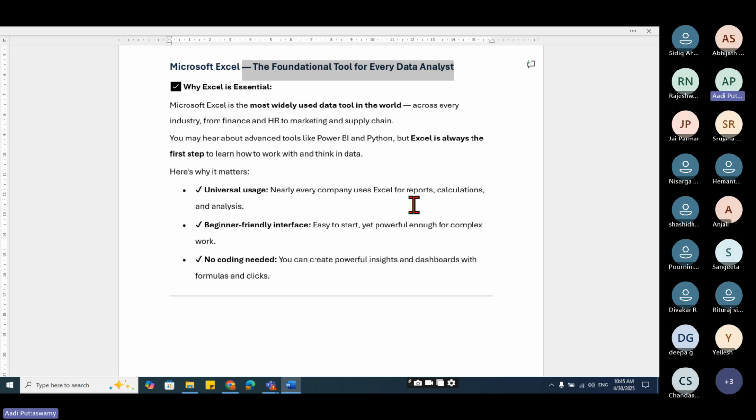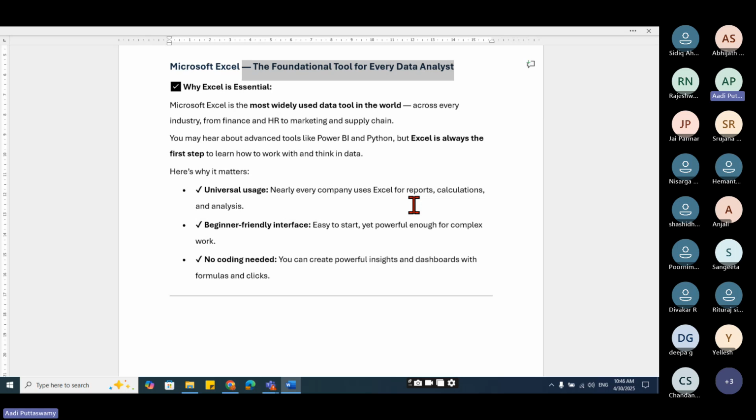So many softwares came, so many softwares went. They're not there in the market anymore, but Excel exists. I can say it exists forever. So every analyst who comes to my institute, and every corporate wherever I go, the first thing I always tell them is, please master Excel. I'm not telling you to just learn Excel, I'm telling you to master Excel.